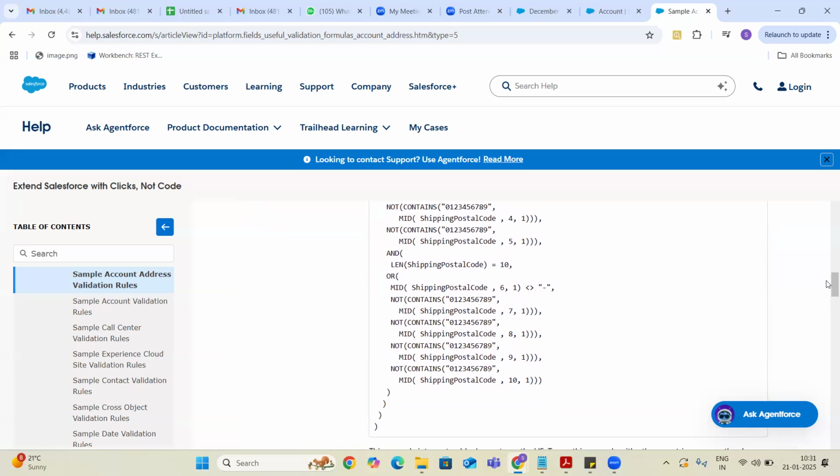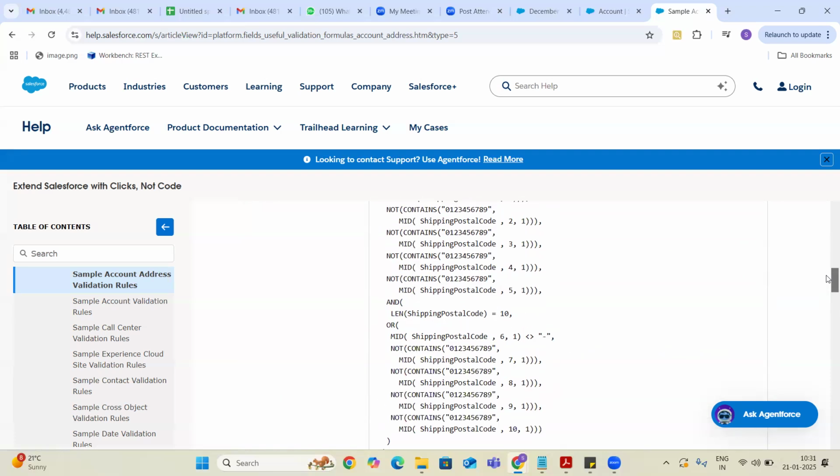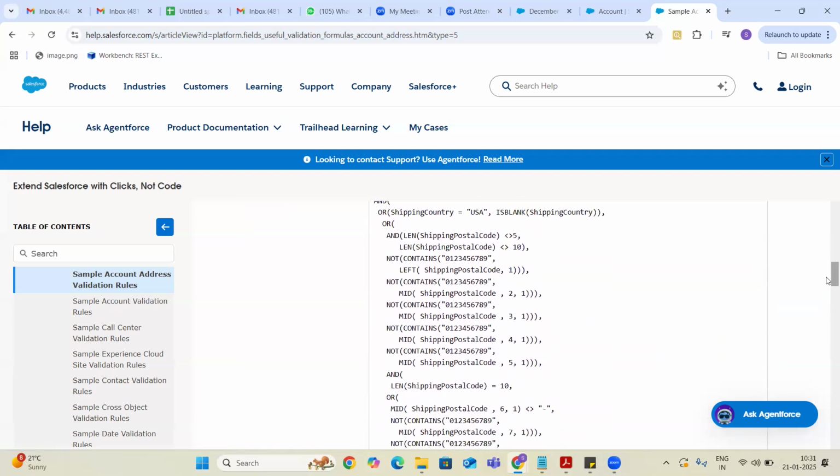Ultimately what we are doing is getting one by one. First, we check if the shipping postal code length is 5 or 10. If it's not 5 or 10, we directly display a message: zip code must be in this 5-digit or 10-digit format. Again, when should this error message display?